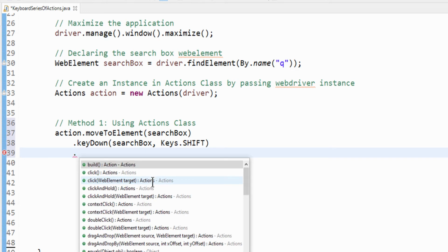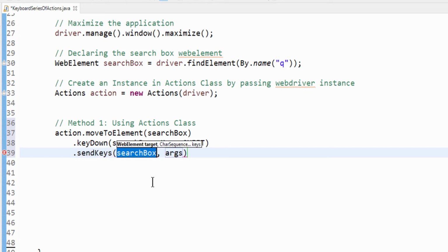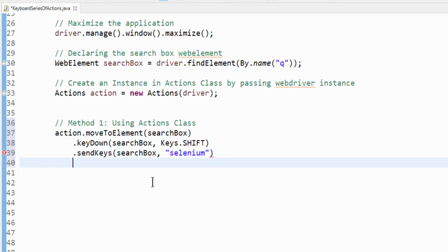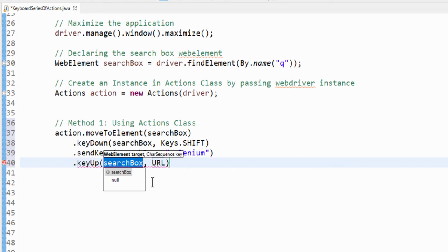Then dot, we are going to type the value. So the sendKeys method; again, directly you can pass the value or specify in which web element you want to type the value. In the search box I want to type the value selenium, but I am typing it here in lowercase. Once you are done with that, you can take your finger off the Shift key. It means keyUp, from which key?